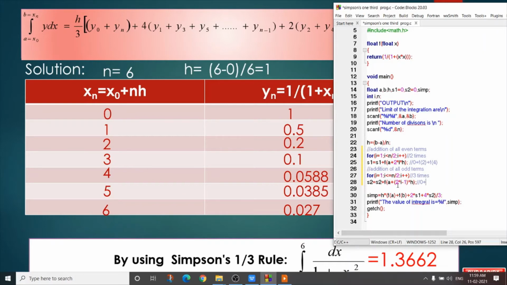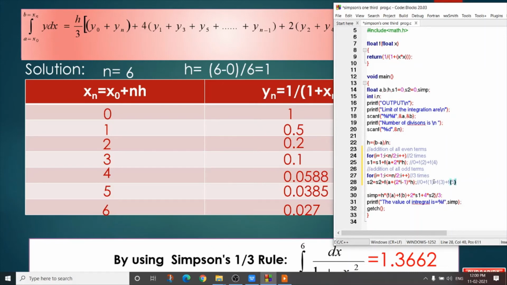So the first time it is f1. Next time, when the value of i is 2, 2 into 2 is 4, 4 minus 1 is 3, 3 into 1 means 3 and the value of a is 0, so it is f3. And next time, in the same way, it is f5.